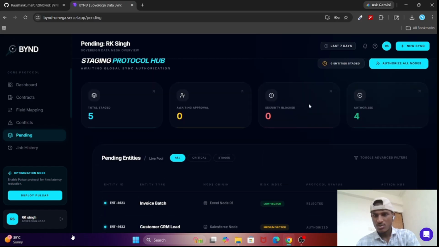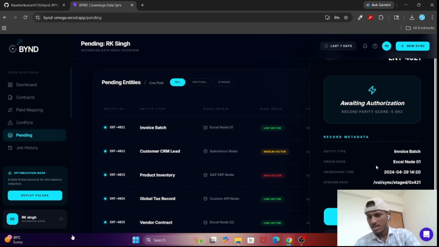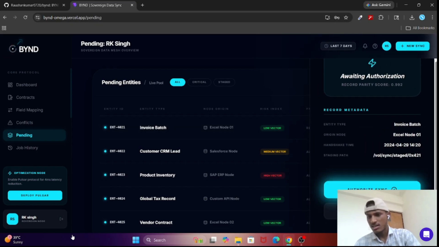Here if you click on this button, authorize all nodes, then all entities will get authorized. Otherwise, if you want to go for a single entity, you can click here and you will get two options: authorize sync and reject record. If you reject the record, it will be rejected, and if you authorize sync, it will be authorized.